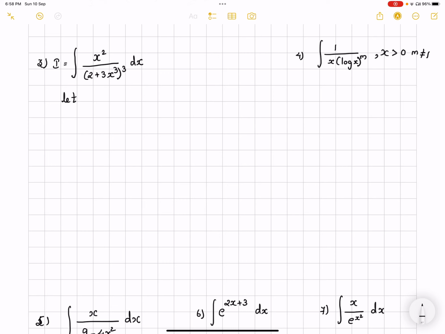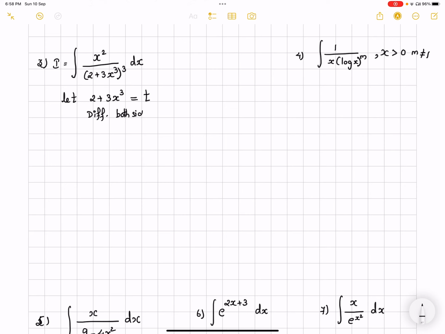Let me give a try with the one which is there in the bracket. 2 plus 3x cube, when I consider it as t and differentiate, I get 9x squared dx. So I have x squared dx in my question, so that works. So let 2 plus 3x cube be equal to t. Then when I differentiate both the sides with respect to x,